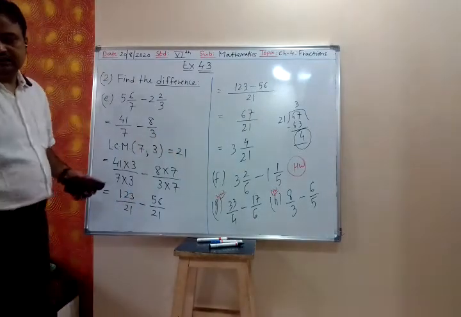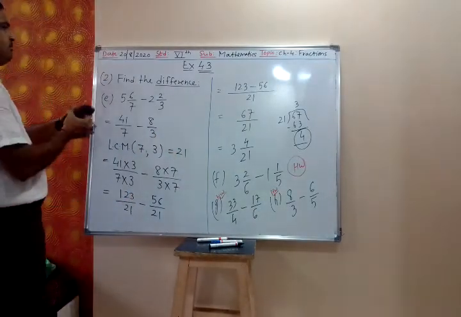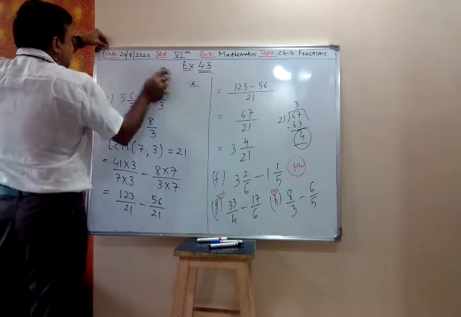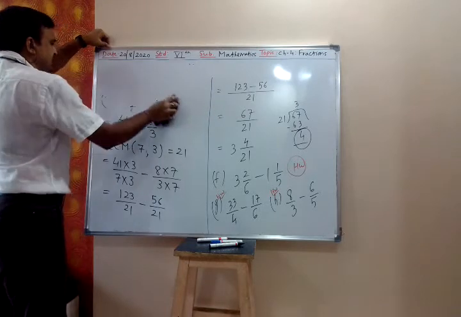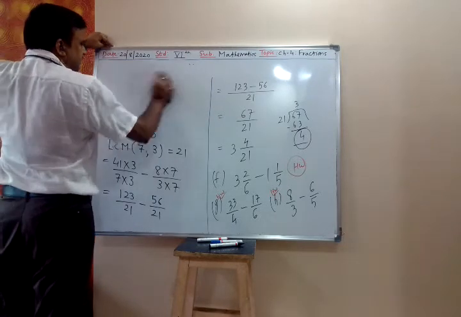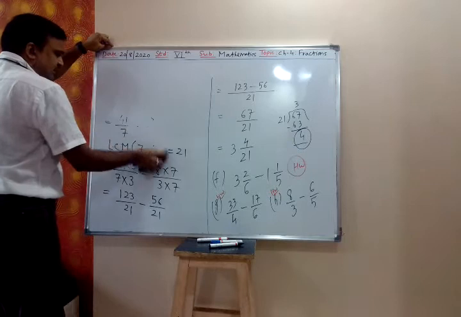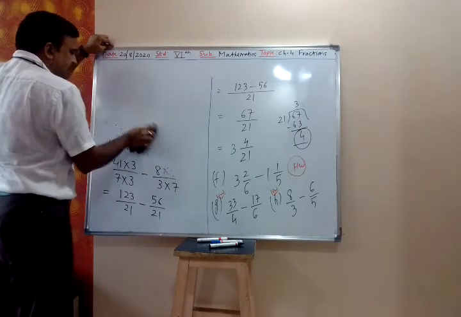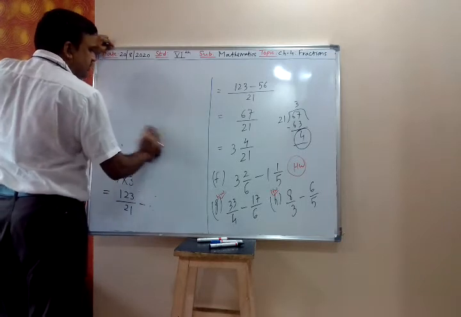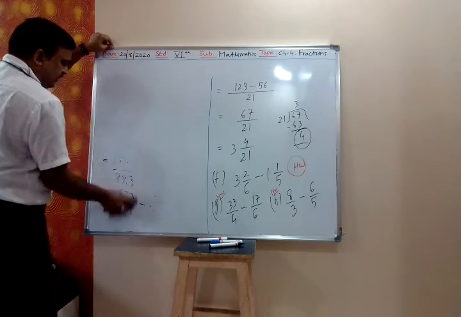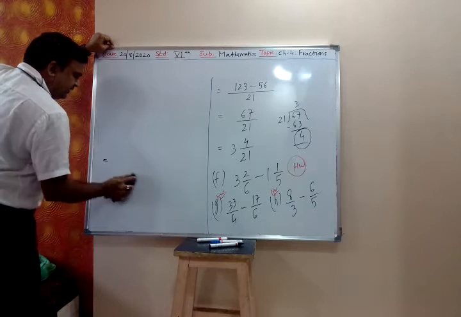So now let us start the third one, simplify. The working method is to subtract two fractions. You see whether they are like fractions or unlike fractions. If they are unlike fractions, then you take the LCM of the denominators. You can find the LCM by using the common division method.